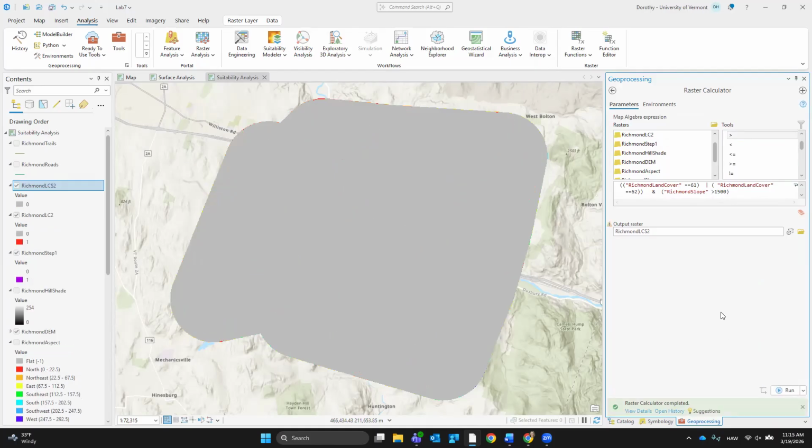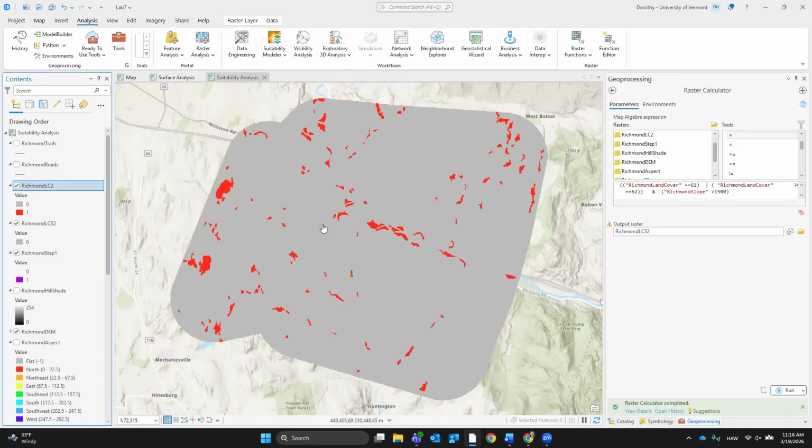Oh, that's the problem, it's the slope. Now I figured out that it's the slope because that's what's graying everything out. That's annoying. So there is not a place where the land cover is deciduous and the slope is over 1500.